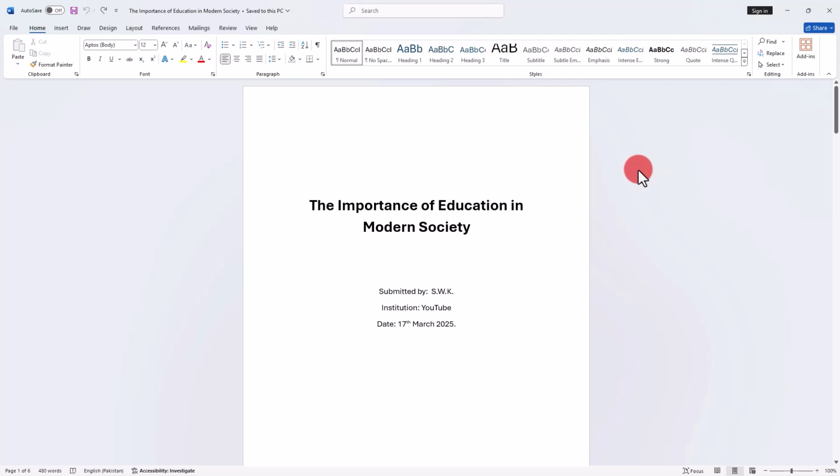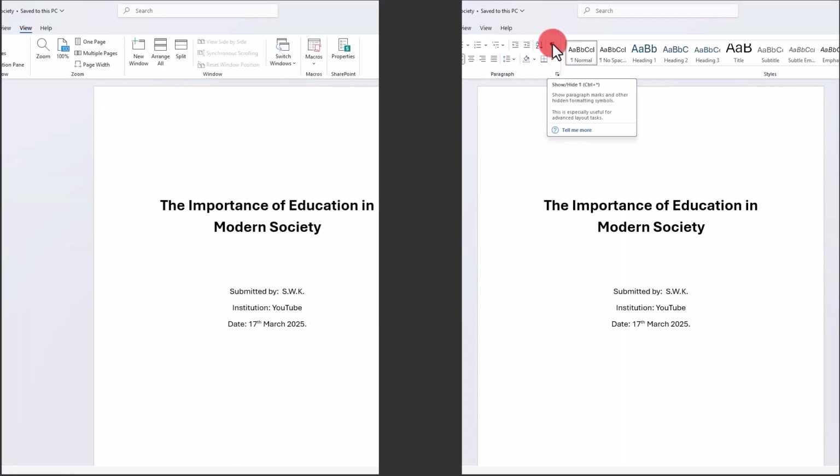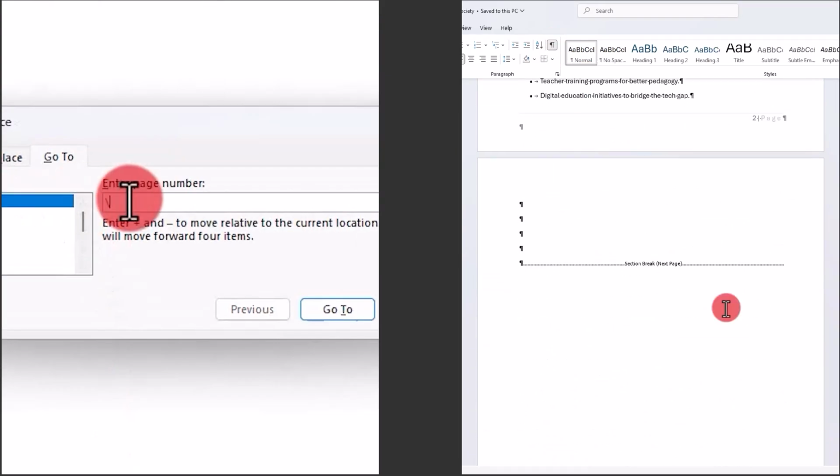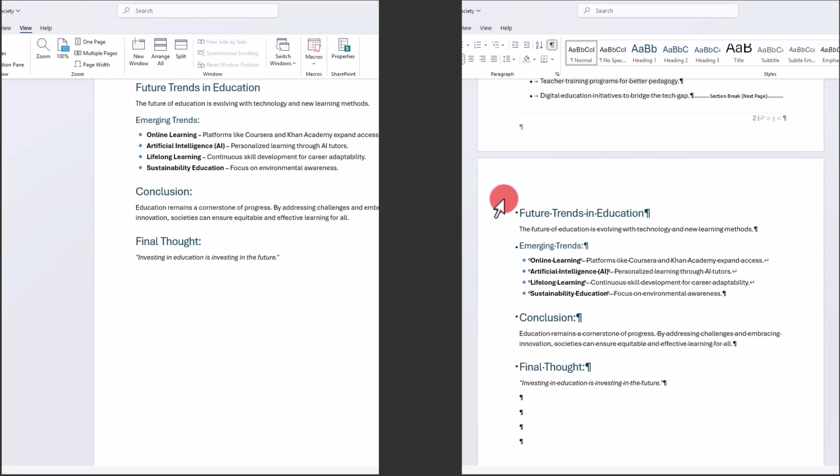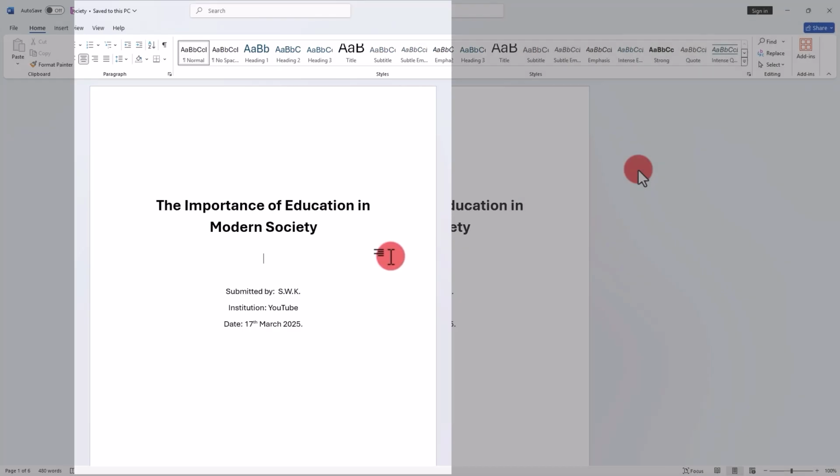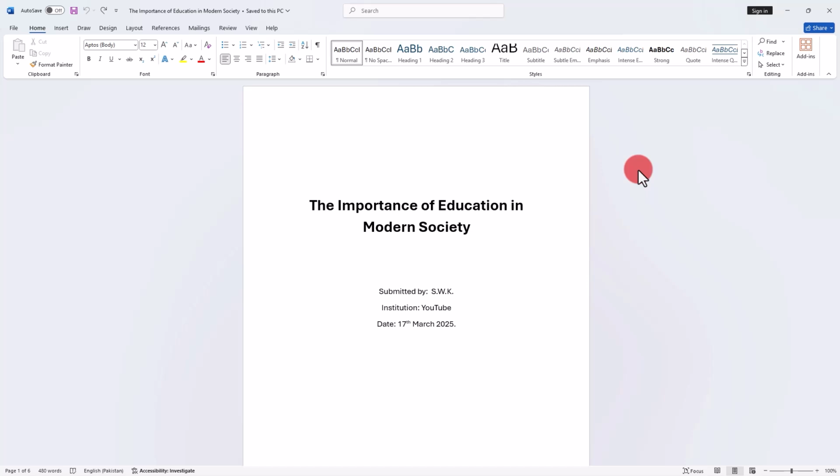Hello guys, in this Microsoft Word tutorial we will learn how to delete a blank page, empty page or any page in Microsoft Word. There are multiple methods to do this, but the two best methods are: number 1, simply click on the paragraph mark,